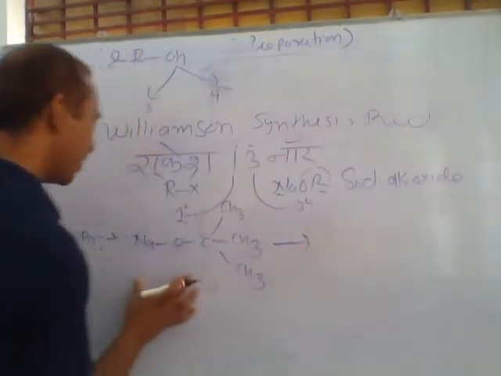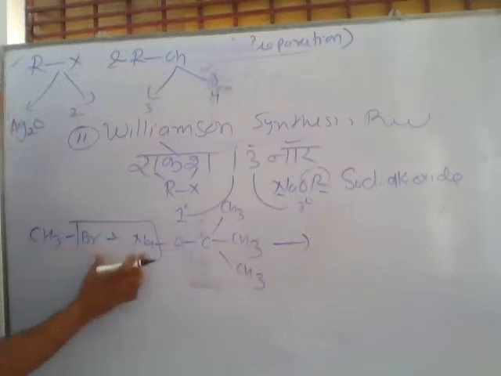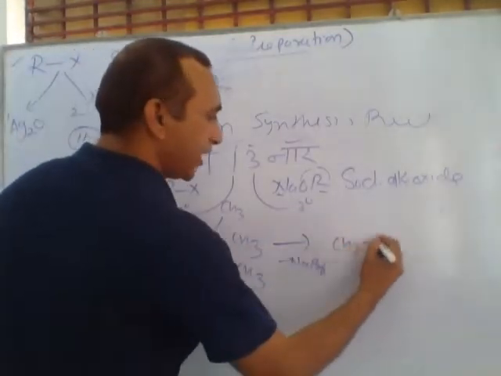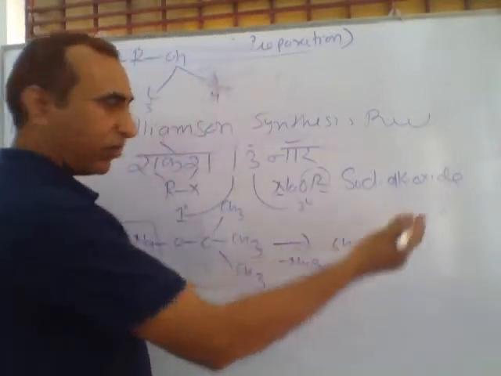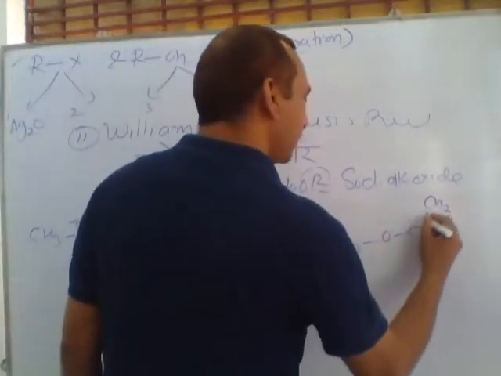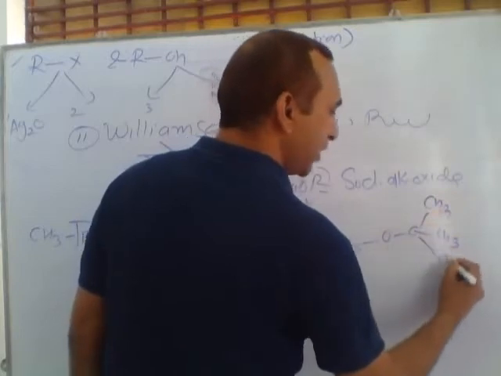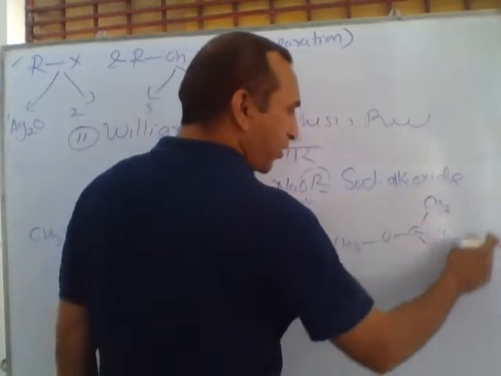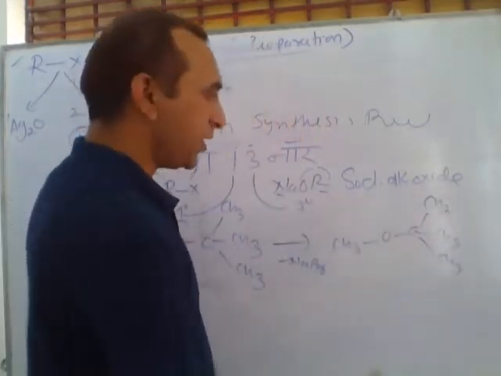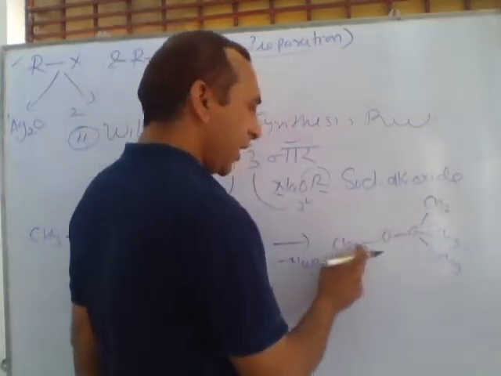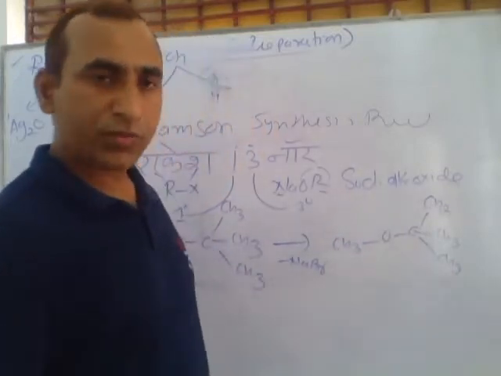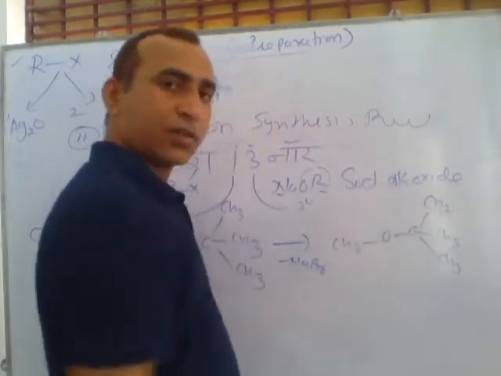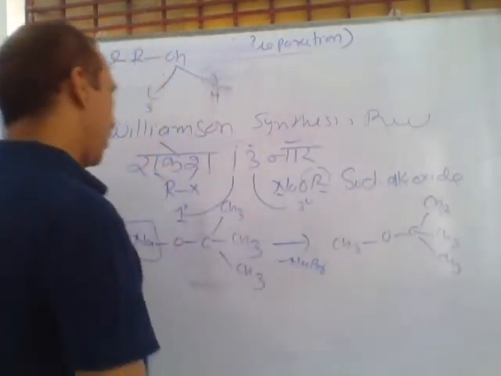So if we heat these two compounds, the better product forms: NaBr is removed, and this CH3 is connected with oxygen. From the oxygen there is the tertiary group, meaning three carbons connected with this carbon. So this is tertiary butyl. Its name is tertiary butyl methyl ether, with methyl on one side and oxygen as the ether.